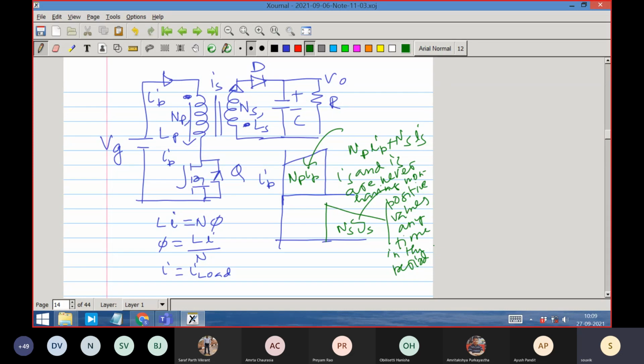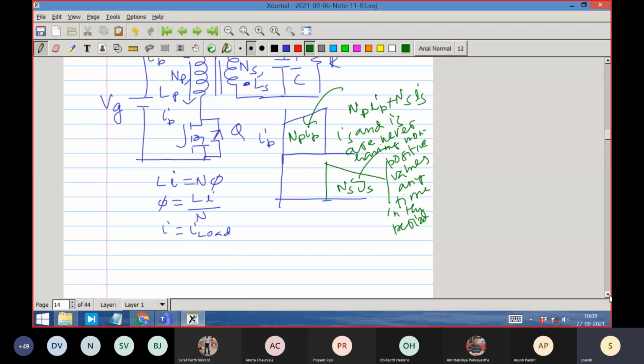So this is very convenient for isolation, because I can split the coil, give one part to this fellow and another part to that fellow, and make them conduct using switches, Q and D, appropriately only during the on period or during the off period. That is why it is so beautiful and simple, but it is not good for high power applications. It is very cute in the sense that we use fewer resources to isolate it.